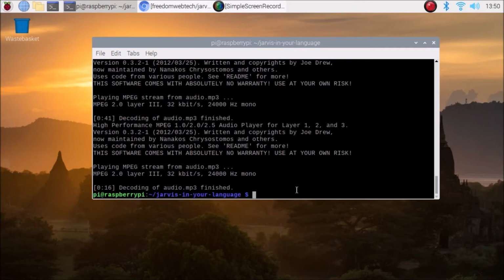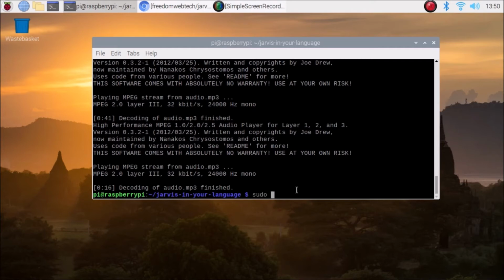So friends, as you can see, this is the way the program works. You need to ask the question in your language. I have just spoken here in Spanish, okay, and the Raspberry Pi 4 basically speaks with us in the Spanish language, okay. So you can ask any question, okay.